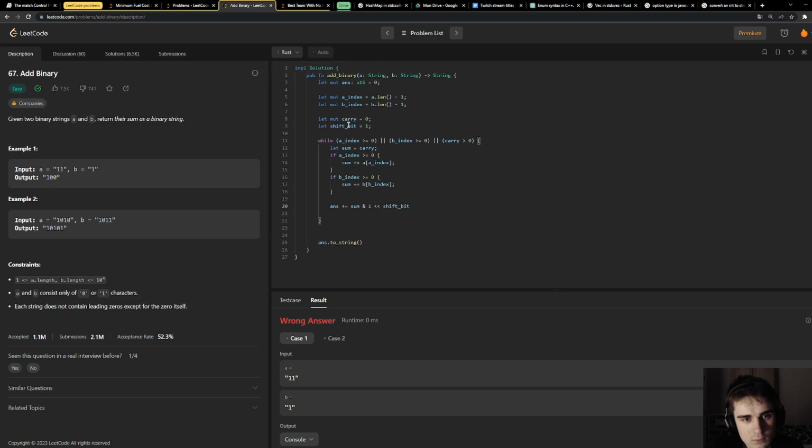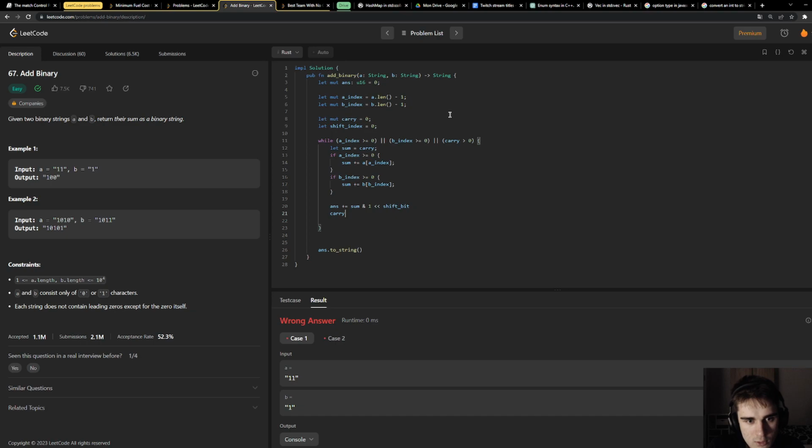Shift. Yeah, actually maybe I can optimize this, or actually it's fine. Shift index, and then we start it at 0 actually to not get any problem.